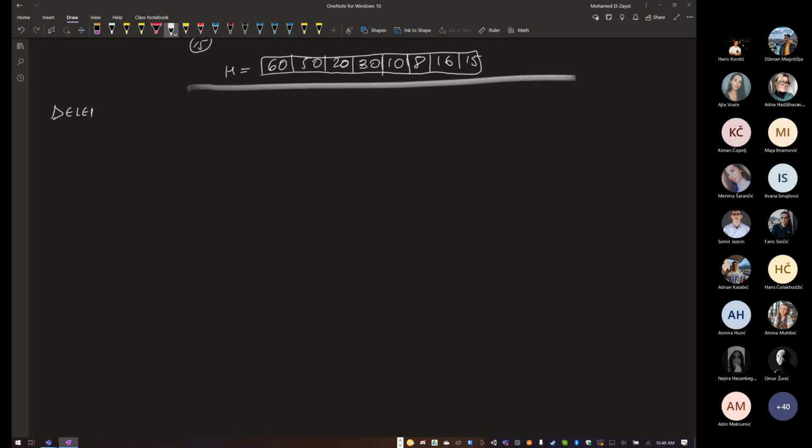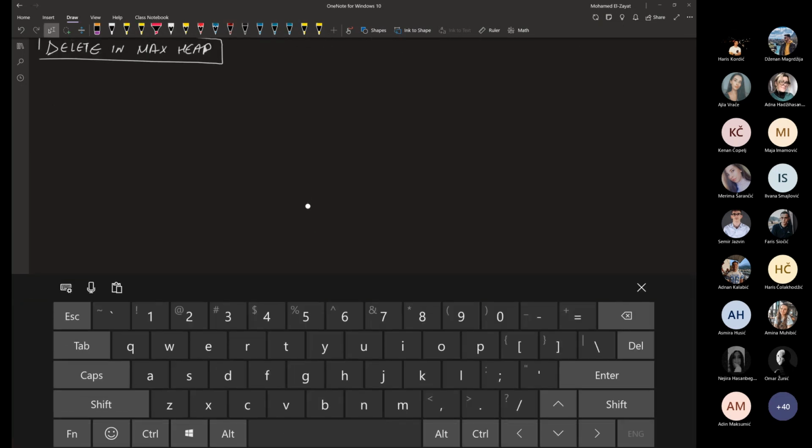Delete in max heap. And it's also applicable for the min heap, just to be clear here. Okay. So assuming that we have the same example,